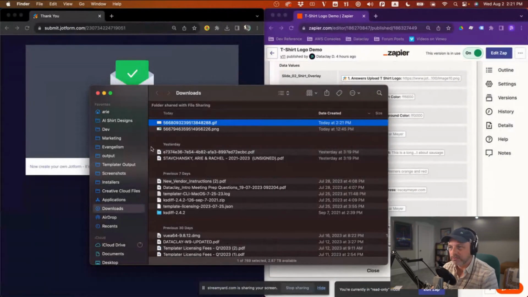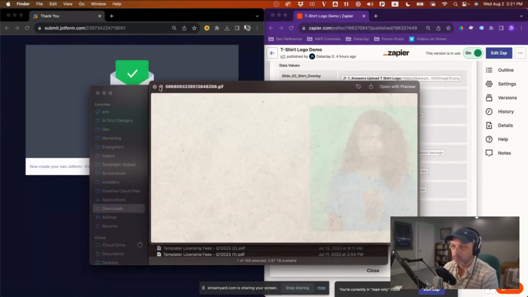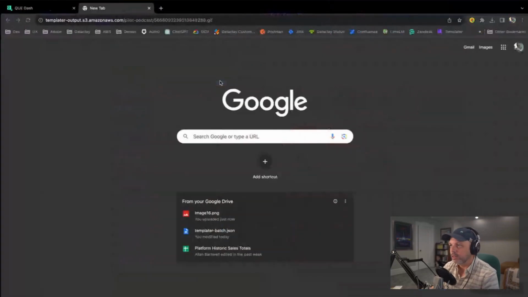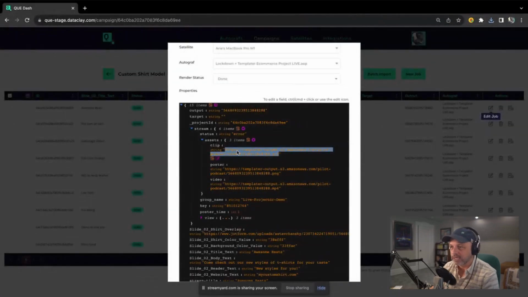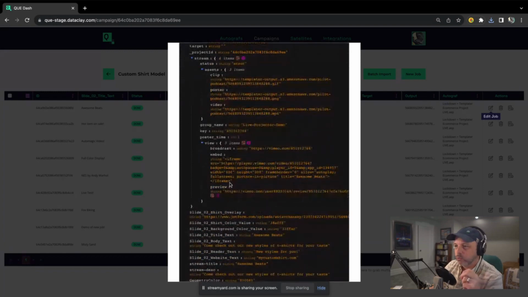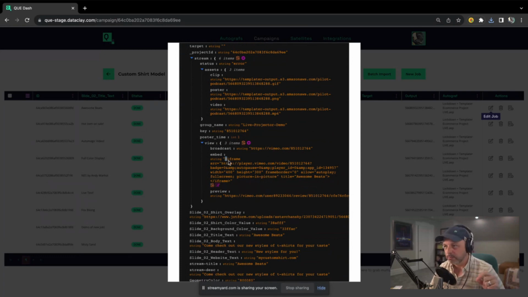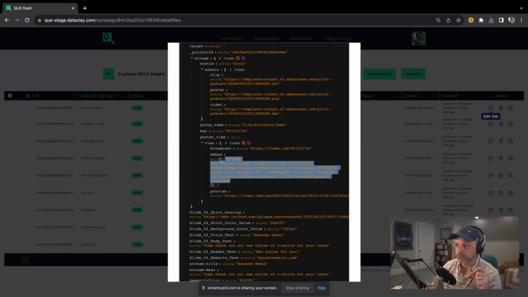So let's see, here it is. And then it looks like this. It's a very bad GIF clip, and I'll explain why. But basically, the assets are where the URLs to the bucket are. And then we have the view, which is basically where the data is for where the URLs are that you're going to want to share, or you might need to embed in your own app or something like that. So there's the iframe, and then there's the preview, and then there's the broadcast.